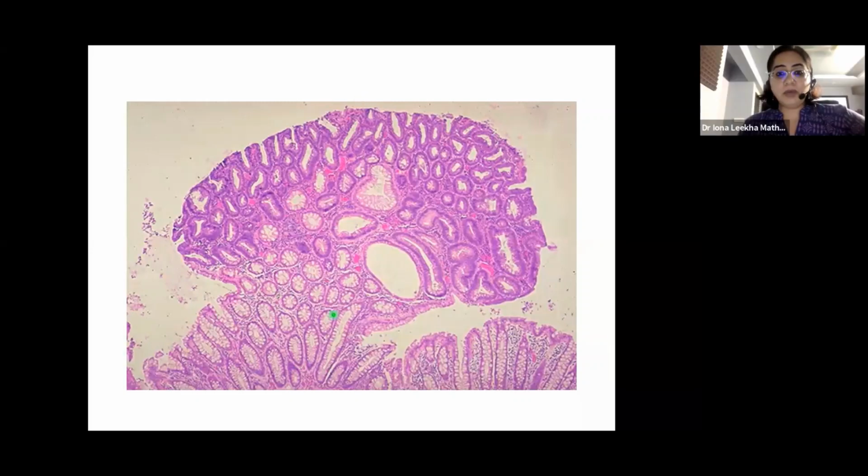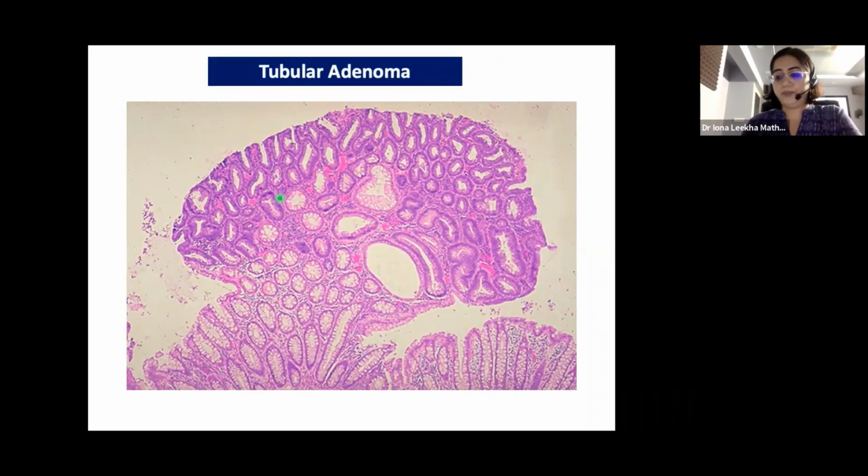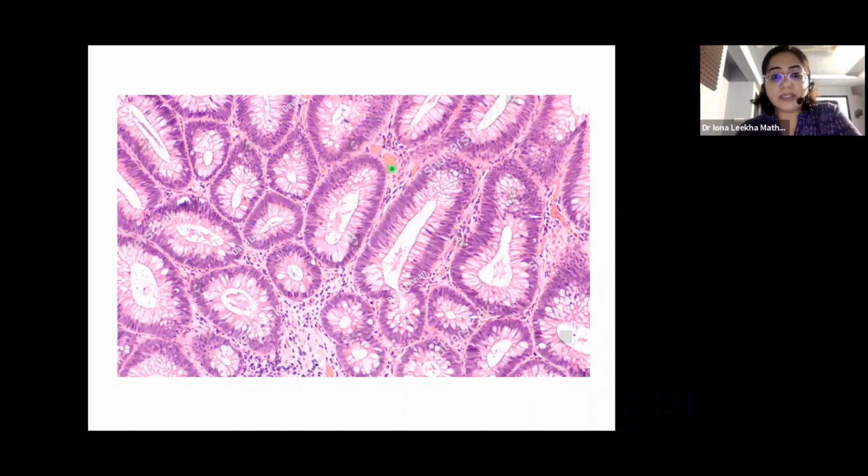Now, below, this is the normal bowel. You can see the lining is replaced by dysplastic epithelium. It's mainly tubules, lined by epithelium, which is crowded. This is the high-power view, where you can see pencil-shaped, hyperchromatic nuclei, but they are still confined to the lower third of the tubules.